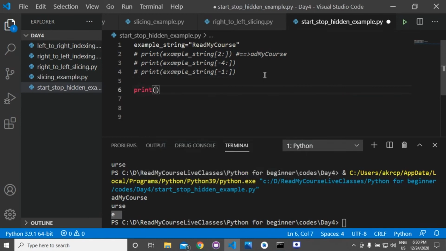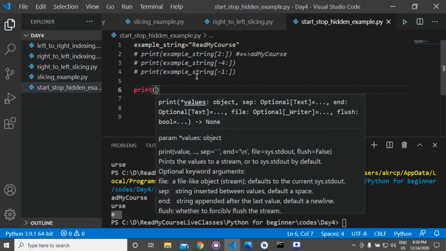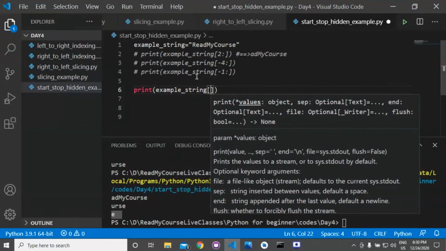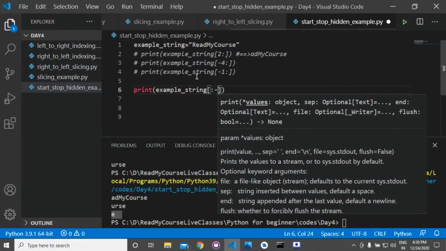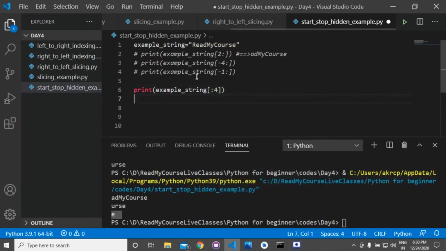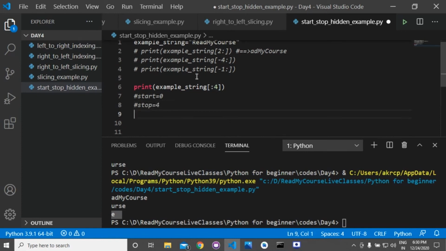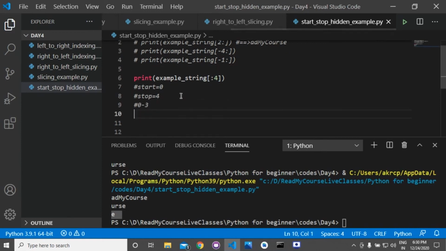Suppose we are writing print example string and we are not passing the start parameter and we are going up to 4. Here the start value will be default 0 and the stop value is 4. So we'll get the value from 0 to 4 minus 1, that is 3.